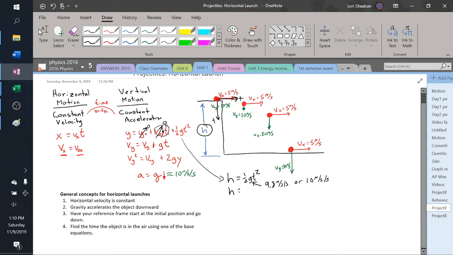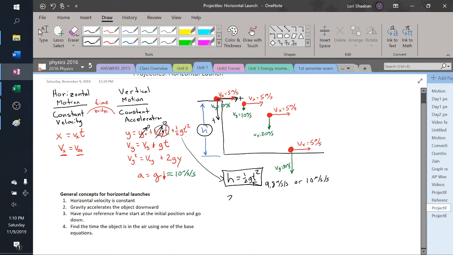Okay. Now if you want to find the time in the air, I'm just going to leave it as such so you can do all of these, whichever one you want. So if you want to go ahead and solve for t, I'm just going to go ahead and box this one. So that's a major equation you'll want to use for later, just in case you already have the time. So a lot of times we want to solve for how long it's in the air. So how do we do that? Well,